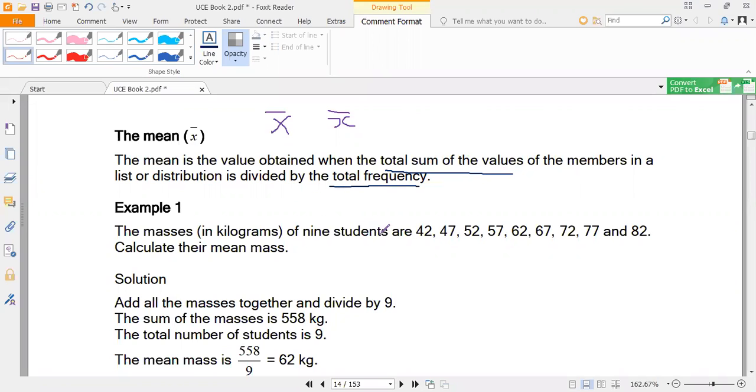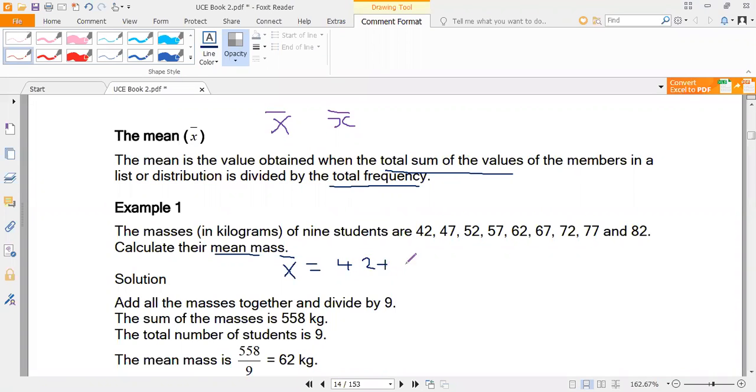So an example is given here. The masses in kilograms of 9 students are this. Calculate their mass, their mean mass here. So to get their mean mass, which I can write as x bar, we shall have, or I will have add 42